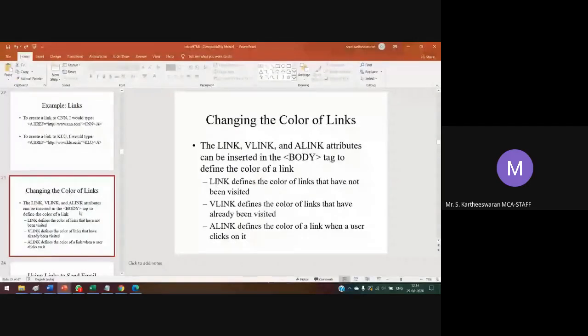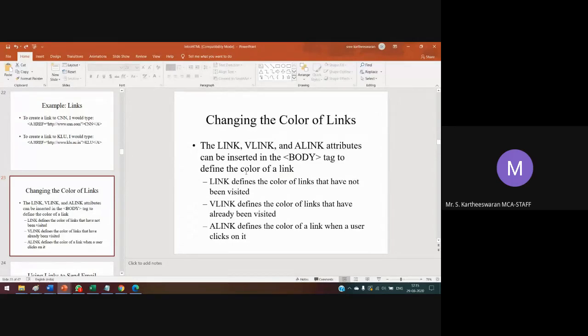Changing the color of the links means link, visited link and active link in the body tag. There are 3 types of link. By default, using the link attribute, you provide the link color for links that have not been visited.